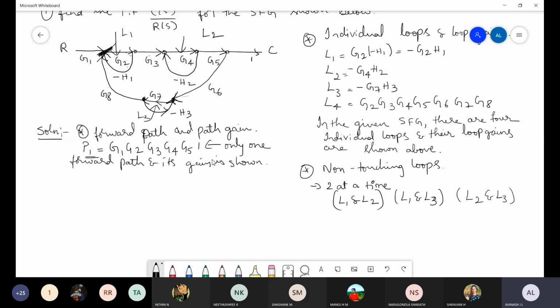So now L2 with L4, if you see, L2 and L4 are touching each other? Yes, sir, because L4 is a bigger loop, so it is covering all the loops. So now we cannot consider L4 as non-touching. L2 with L3 is over, L2 with L4 is also over. So now L3 with L4 is remaining. L3 with L4, are they touching each other? Yes, sir, because it is flowing in the same path. L3 is here and L4 also comes to the G7 only.